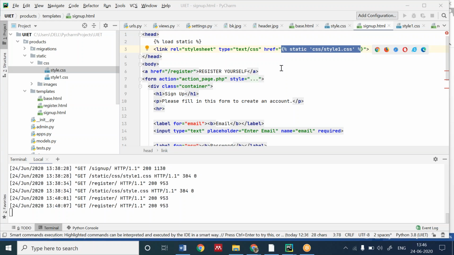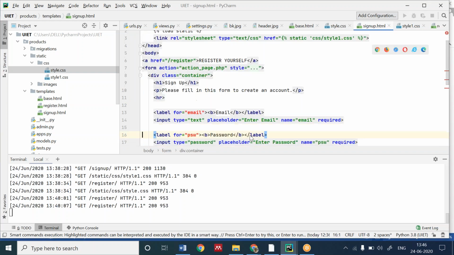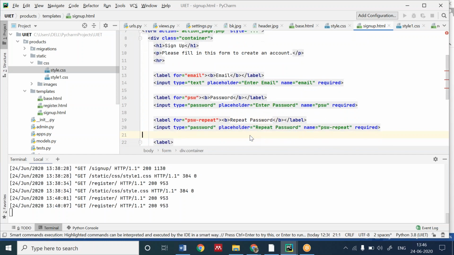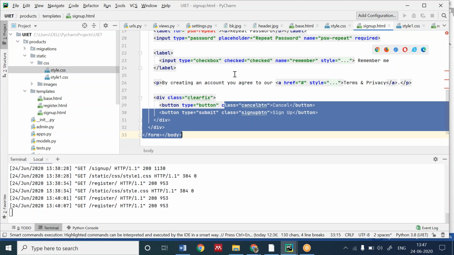Signup.html. Okay. For the signup.html, I'm sharing it with you. You have to be using the script file also, Shivam. I'm sharing the signup.html with everyone.